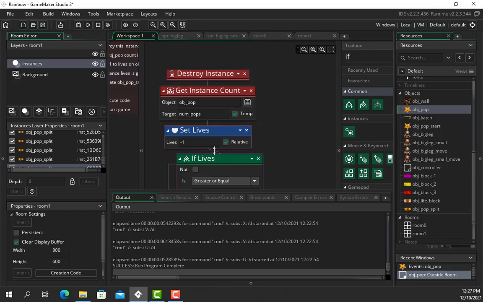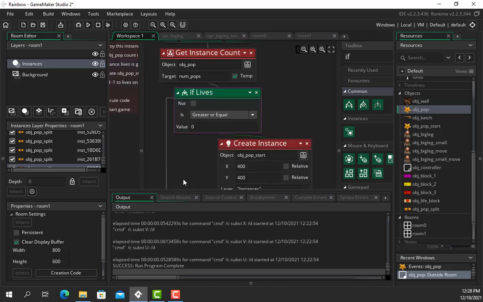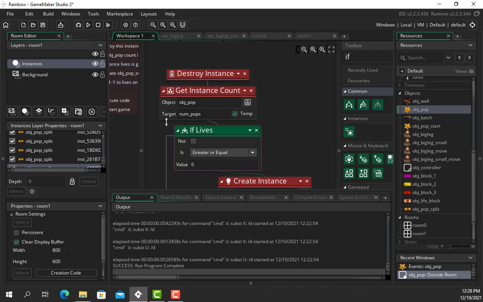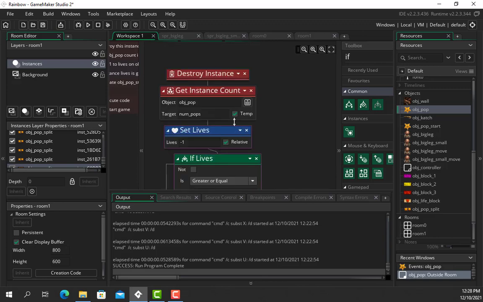This is where we ask the question, right? If lives. This will have to be inside here. So let's do that. No, that's all messed up. So we'll have to work on it. So destroy the instance, get the instance count. This is where, okay, so destroy the instance of self, get the instance counts of pop, and then before